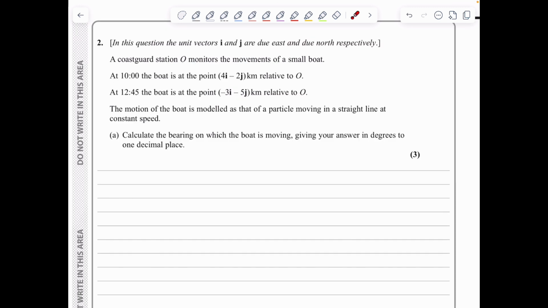In question 2, a Coast Guard station O is monitoring the movements of a small boat. At 10 o'clock we are at the point 4i - 2j relative to O, and at 12:45 we are at the point -3i - 5j relative to O. Now we are modeling the motion of the boat as that of a particle moving in a straight line at constant speed, and we need to calculate the bearing on which the boat is moving, giving our answer in degrees